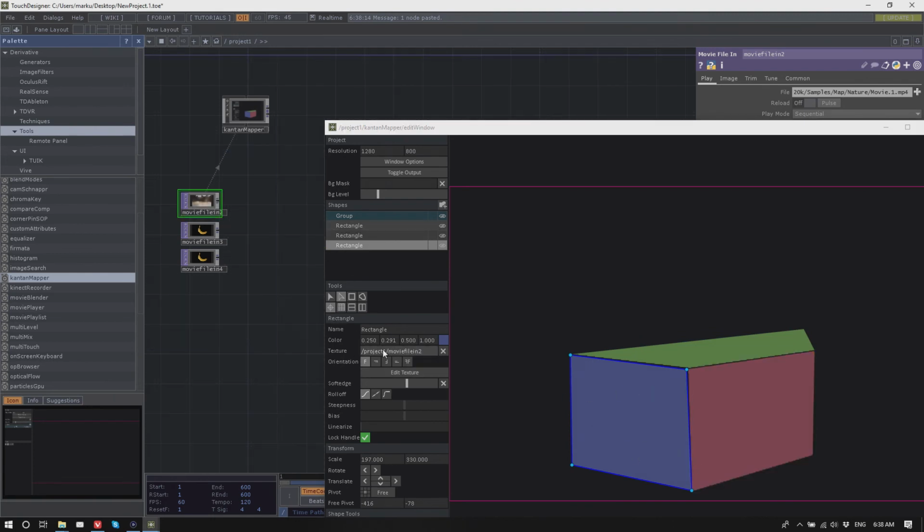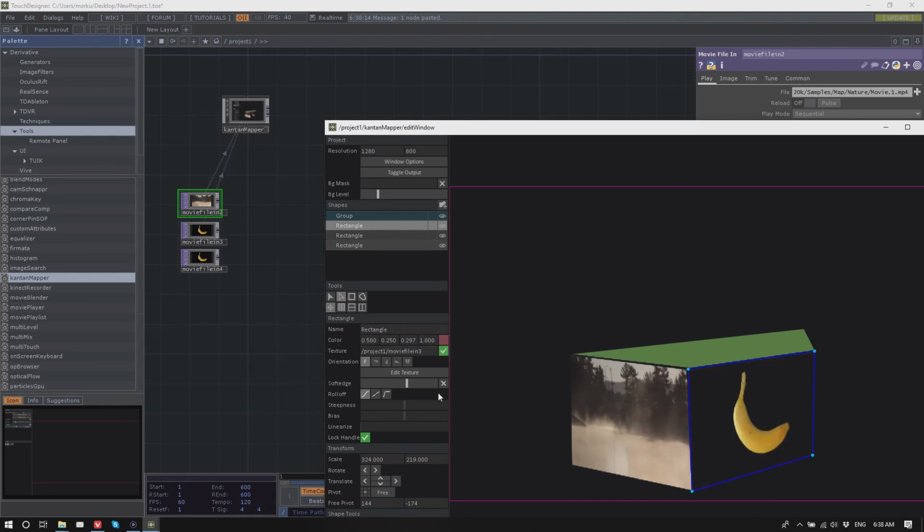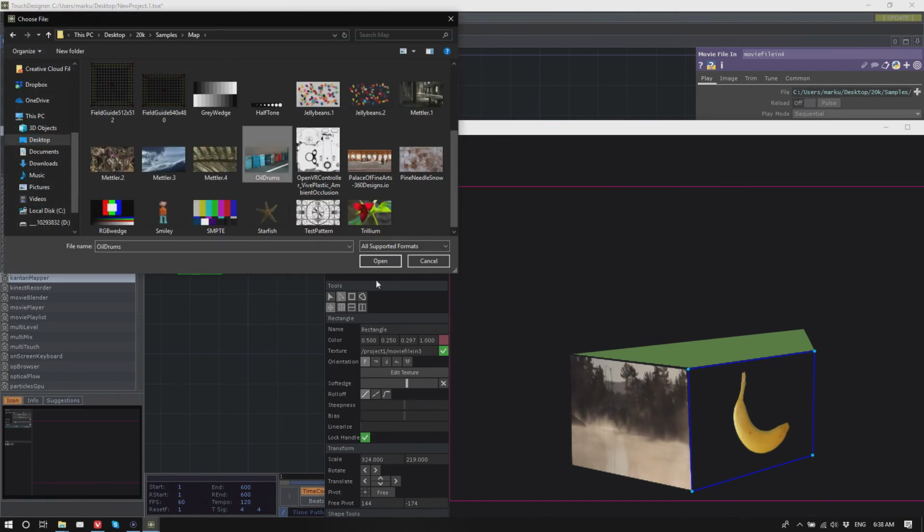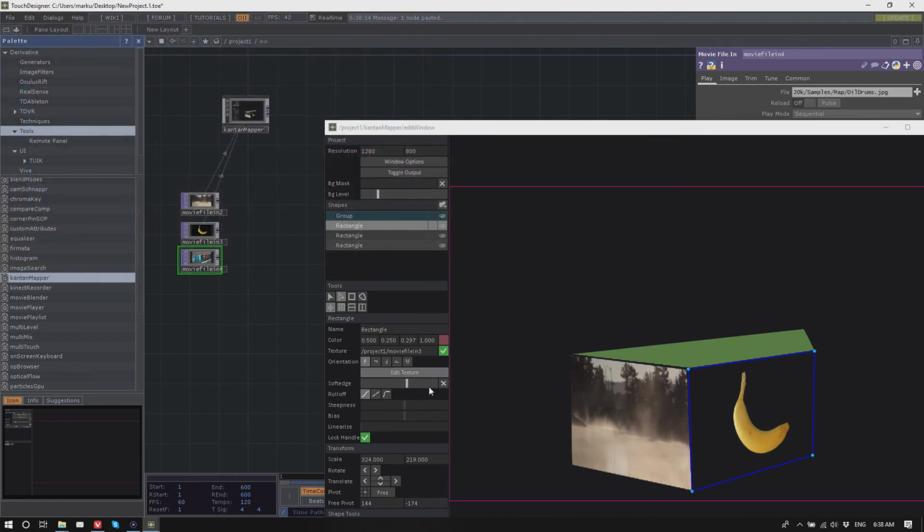So there's a texture option here, so I can add the movie to the box, and there's a texture option for this one, so I can add the banana on this side, and perhaps add the oil drums on the top. And I should see now all these things.